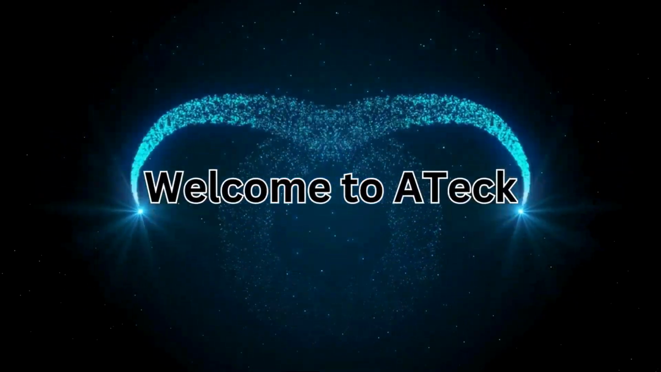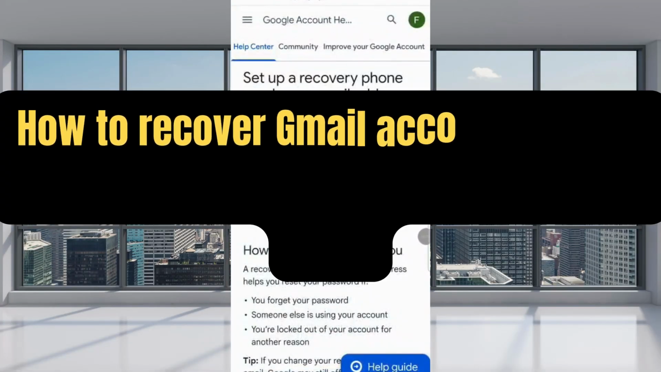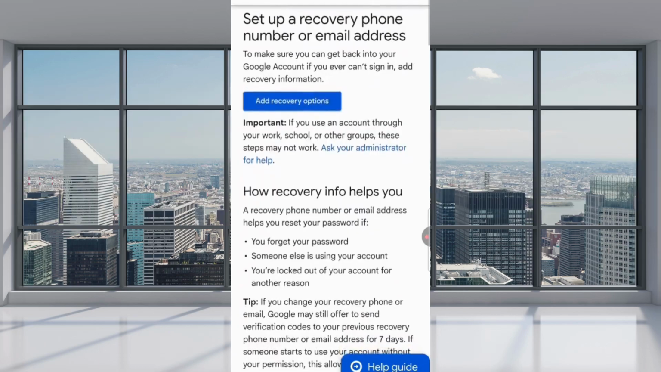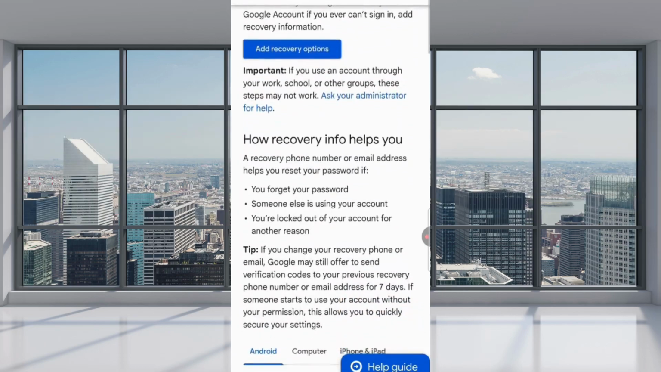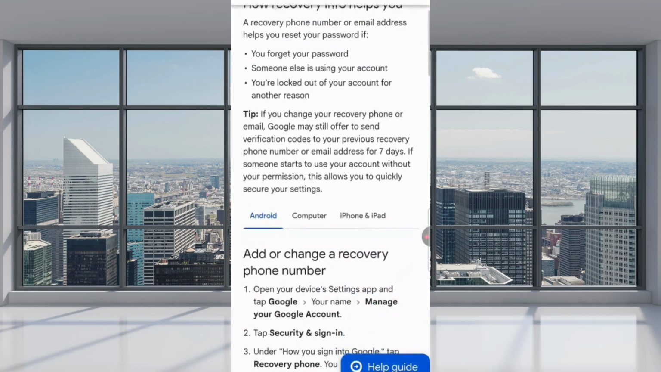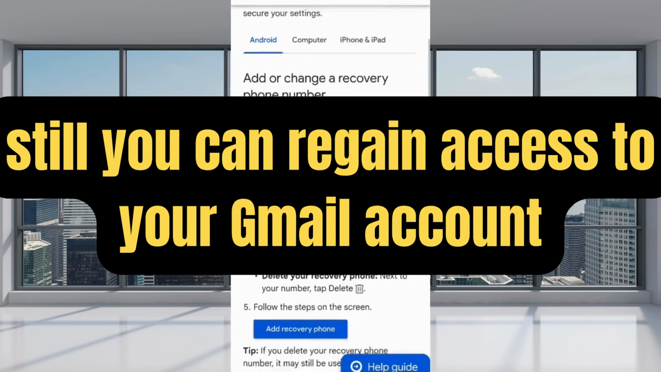Welcome to A-Tech. In this video, I am going to teach you how to recover Gmail account without phone number, password and recovery email. In case you have lost access to your Gmail account, either someone has hacked your Gmail account or you are facing two-step verification issue, still you can regain access to your Gmail account by following